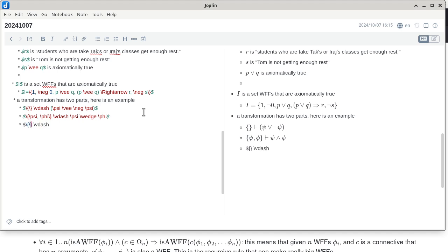So now I can say let's find the negation of psi, but we'll find phi which is not negated. And then we are going to conclude that